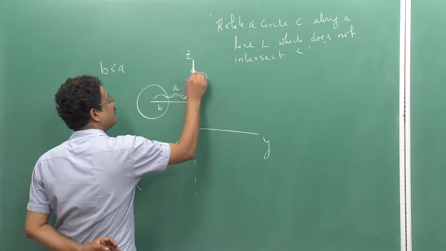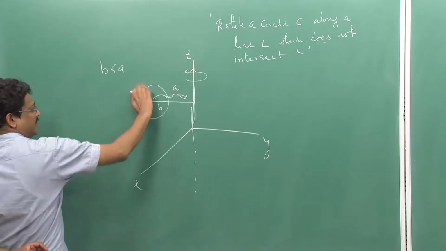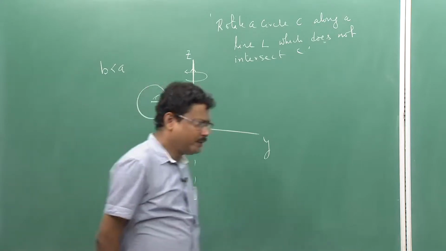So, if you rotate it along the z axis, what will happen? Every point will rotate and I will have a picture like